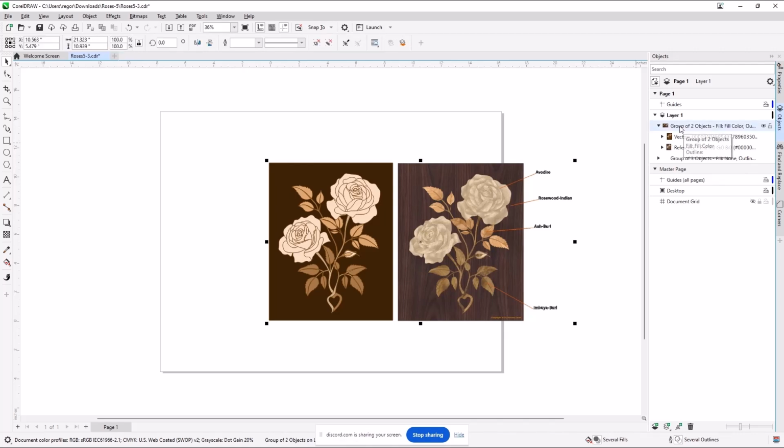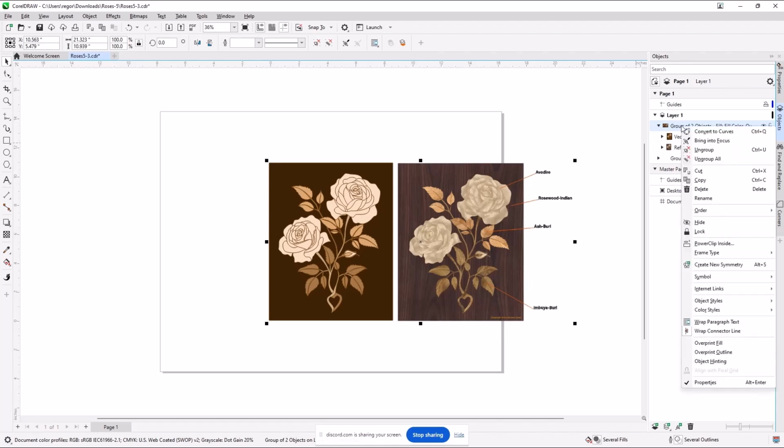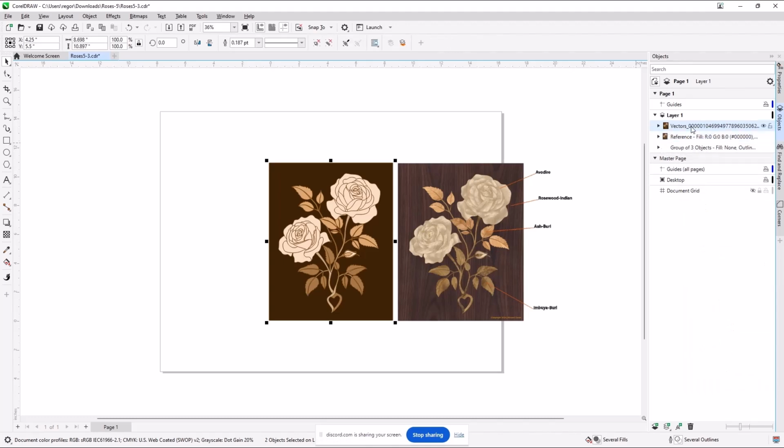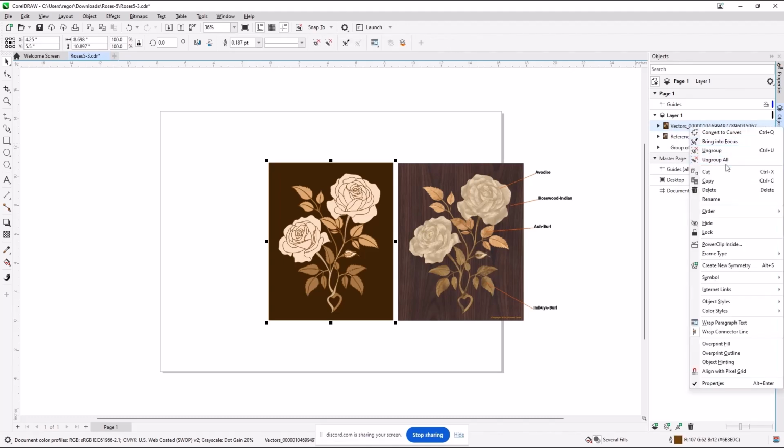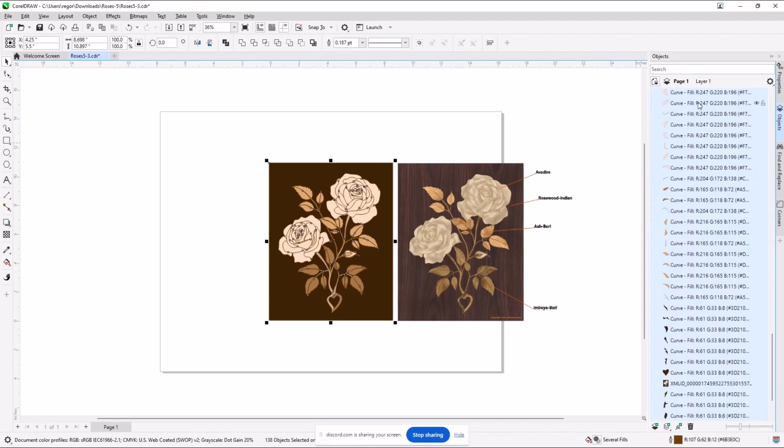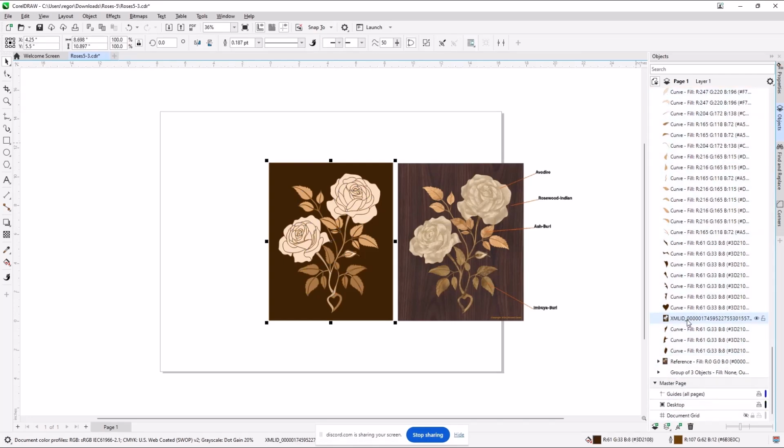So this one, I've got a group of two objects. To work this particular project in CorelDRAW, I'm going to right click and tell it to ungroup. This time, if I do a right click and ungroup, it will give me all of the objects in the picture. So for example, this object here, you see the little black boxes indicates it's selected. If it's a group, you'll see that information stated here. It's not, it's a single object.